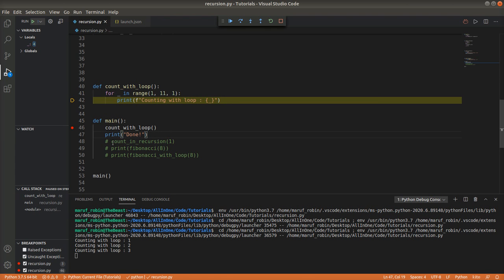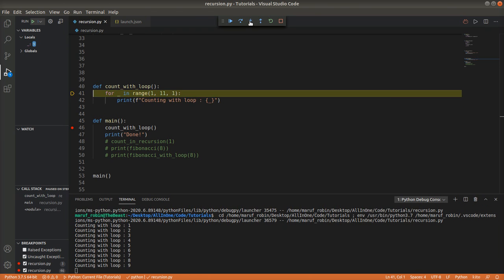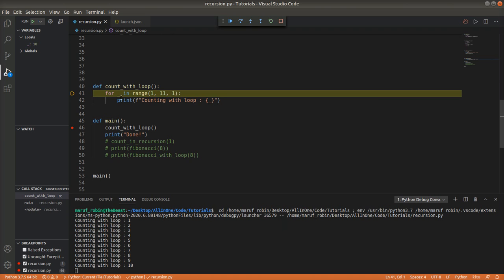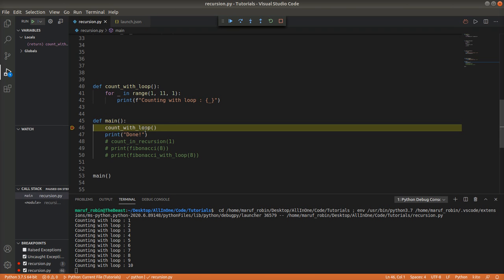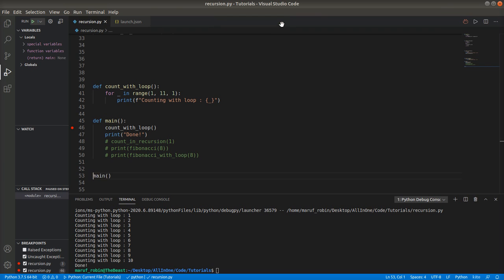This line has not yet been executed because you first need to finish this. Up to 7 8 9 and 10. Now the loop finishes and the execution is at print done. So what's the lesson here? The code will enter the function and it will not come back until the execution is finished. So in recursion, what it does is, inside the function,